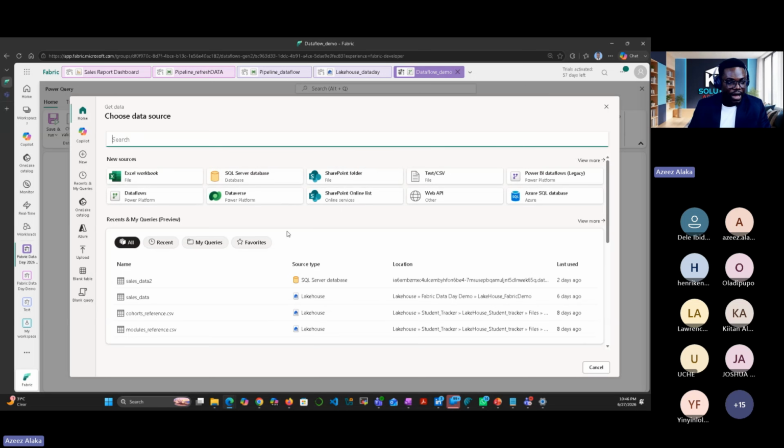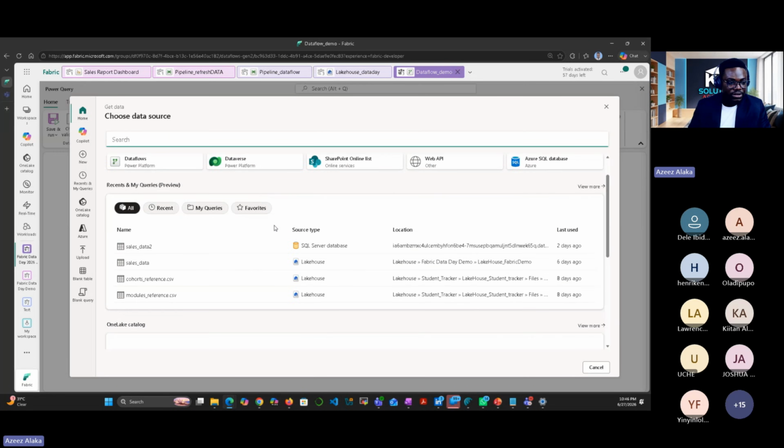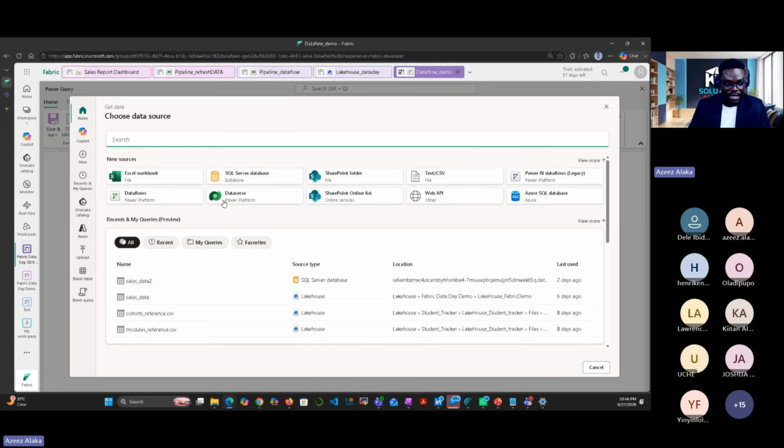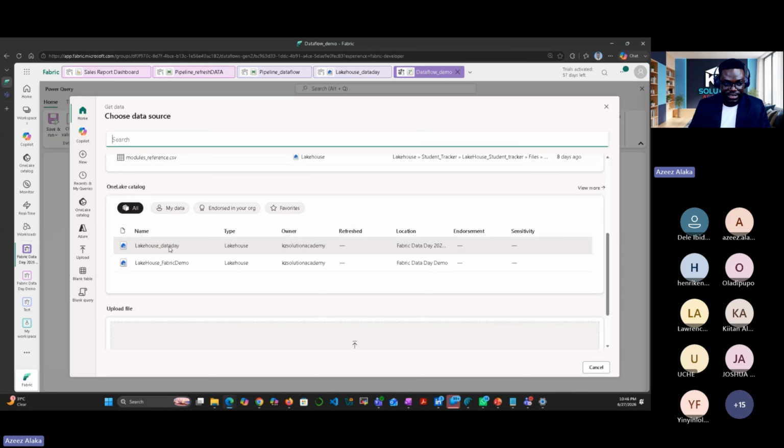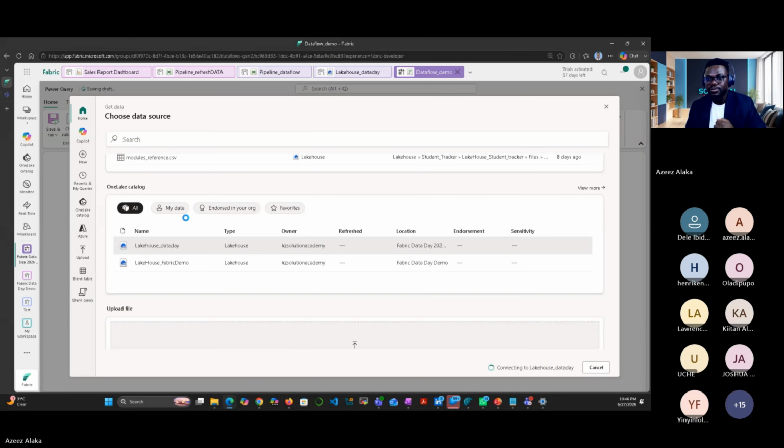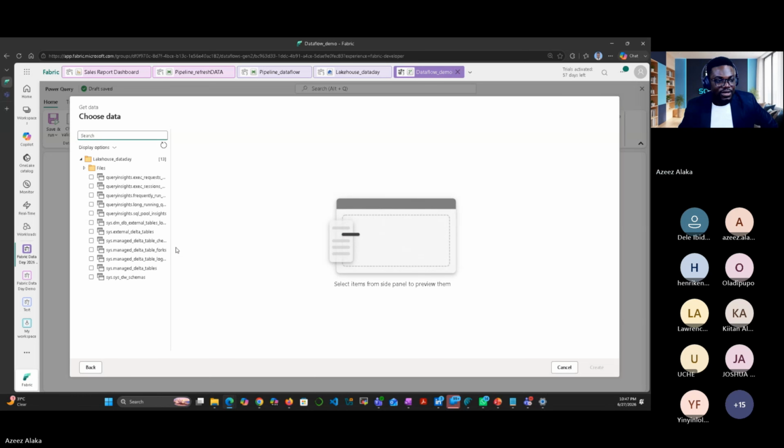The data is actually from our lakehouse, so I need to go to my lakehouse. Where is the lakehouse? It is here. You see, the recommended will be OneLake catalog. This is it, our lakehouse. All right, it's going on. Makes sense. So this is the lakehouse, and we can expand this, just the same thing we have in Power Query.